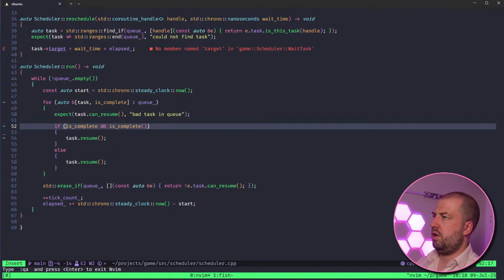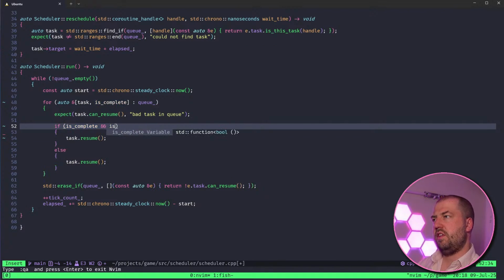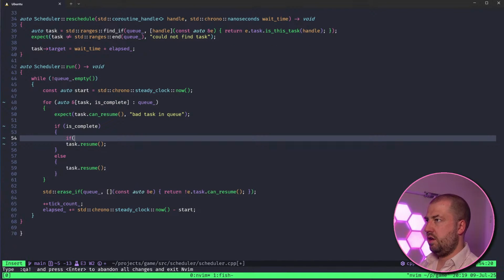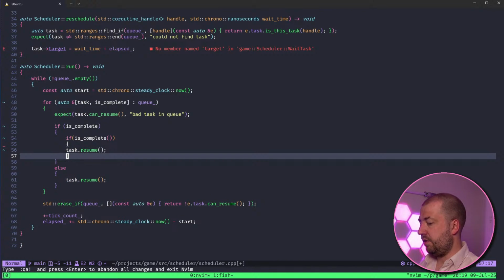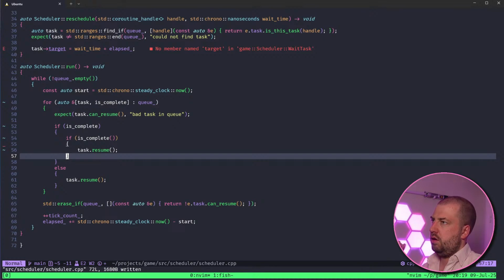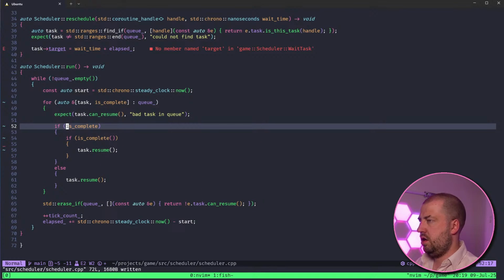I think I want not is I think this needs to be nested. If is complete. If is complete. If it's complete. If I'm going mad. If is complete. I feel there's probably like a Boolean formula for that, which just collapses it down to a single if. Is it like if not incomplete, or